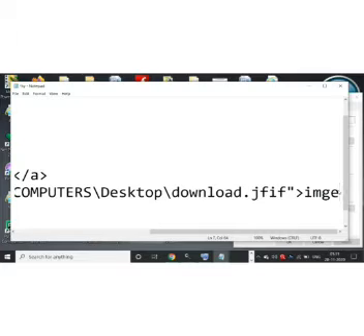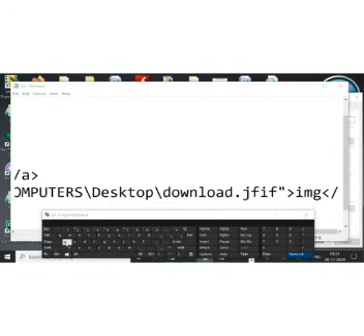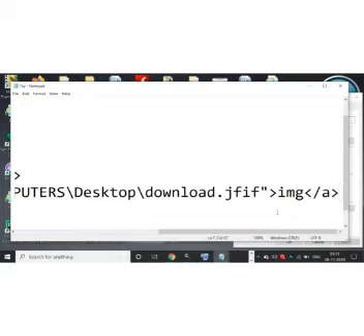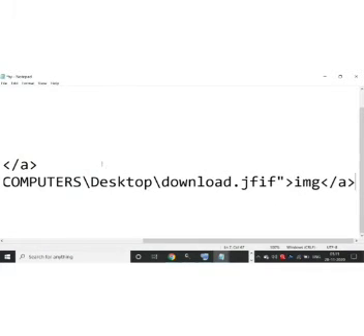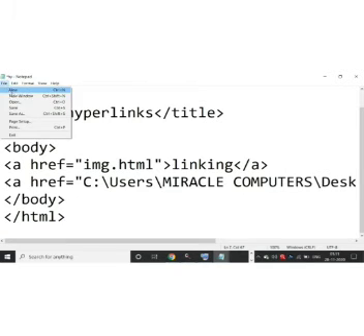Suppose this is my hypertext, img. When I run this on a web browser, this hypertext will be displayed as an underlined and colored word. This tells that this is hypertext. Now I'll close my anchor tag, and after doing this, I'm going to save my work.